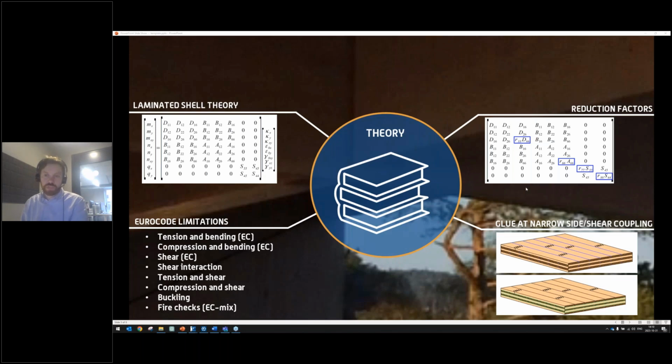The last thing that I want to highlight when it comes to the theory is an option where you can select to have glue at narrow sides or not. That is, if you want to glue at the edge of each board, in the blue shade in the above picture here. If you apply glue here, you won't carry out an additional torsion check, but if you don't have any glue there, there will be an additional torsional check for each layer